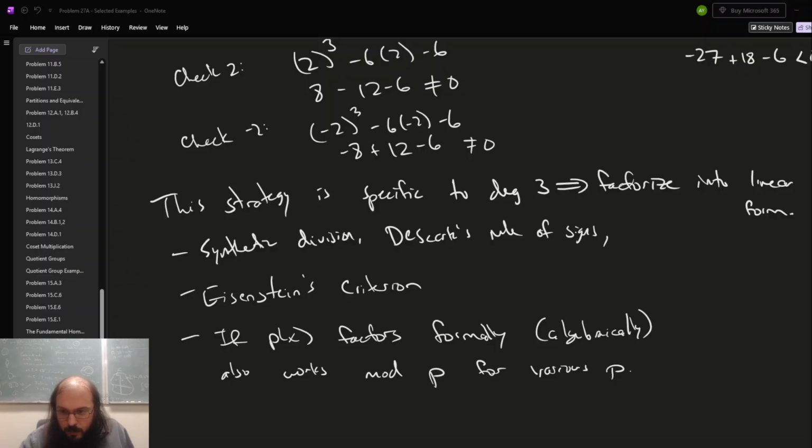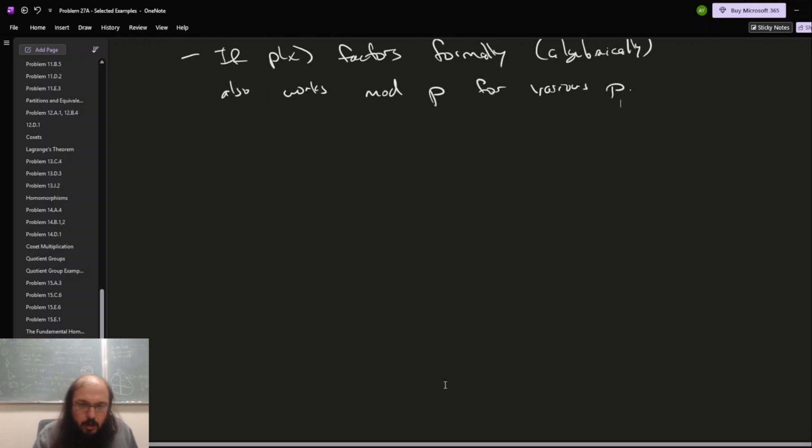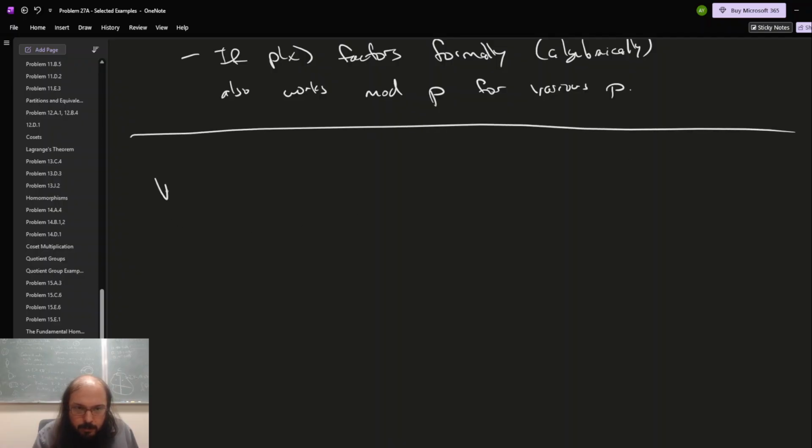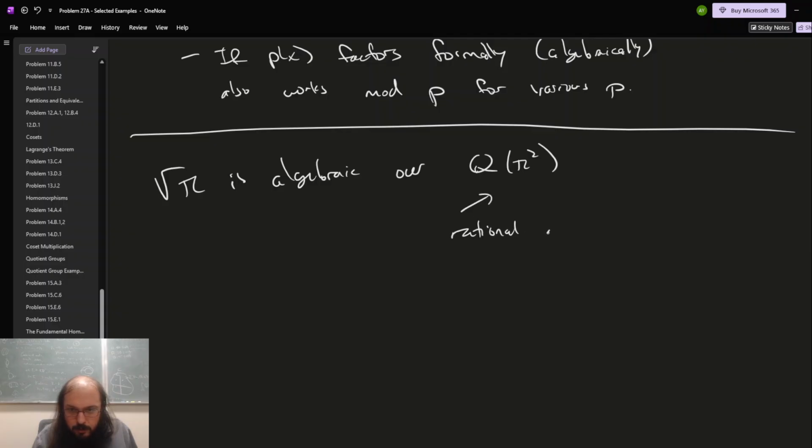All right, so I've been talking for a little while now, but I want to show one more because it highlights the subtlety about transcendental numbers, but I promise it'll be quick. This is 2b, which says to explain why the square root of pi, let's scroll down a little bit, is algebraic over Q adjoin pi squared. I think this is a great problem to look at because it forces us to understand what this means. So this means that we're allowed rational numbers